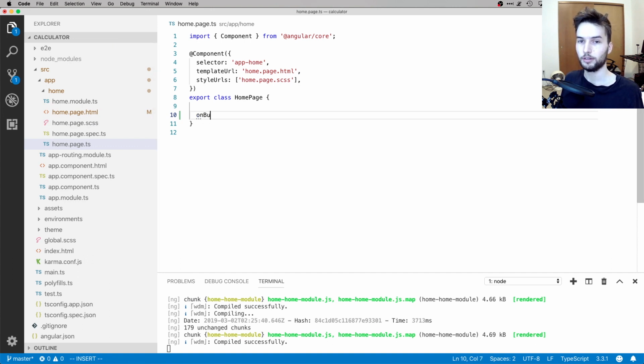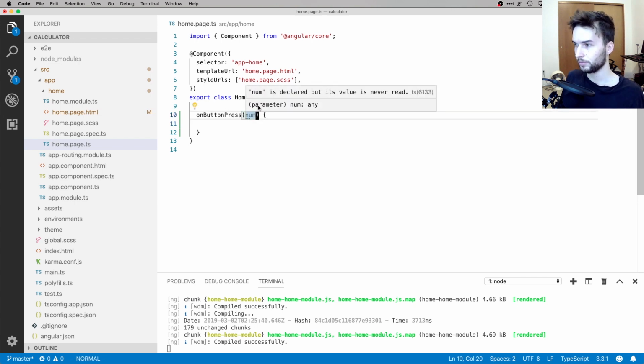And it's on button press. Okay, and then as a parameter to this function, it takes in, we basically name whatever we passed in right here. I'm just gonna call that num or something like that. And then I think we also maybe want to pass in a role, because there are different types of buttons. So well, let's say that this will be,